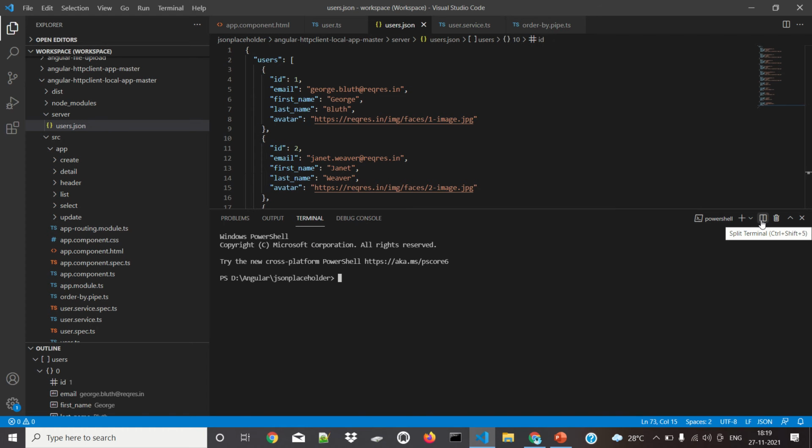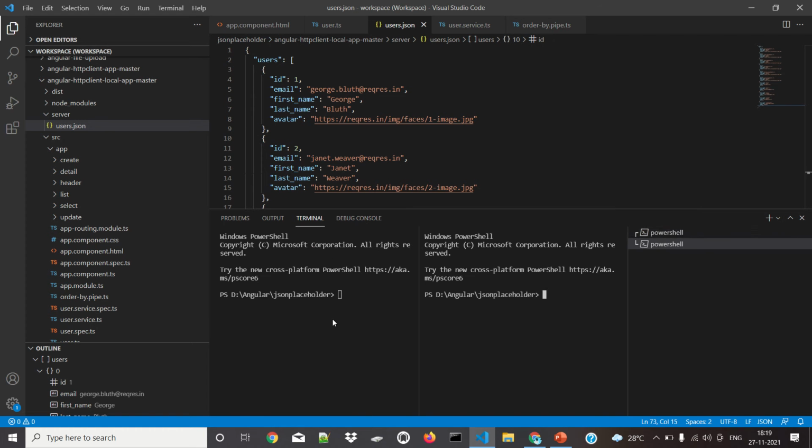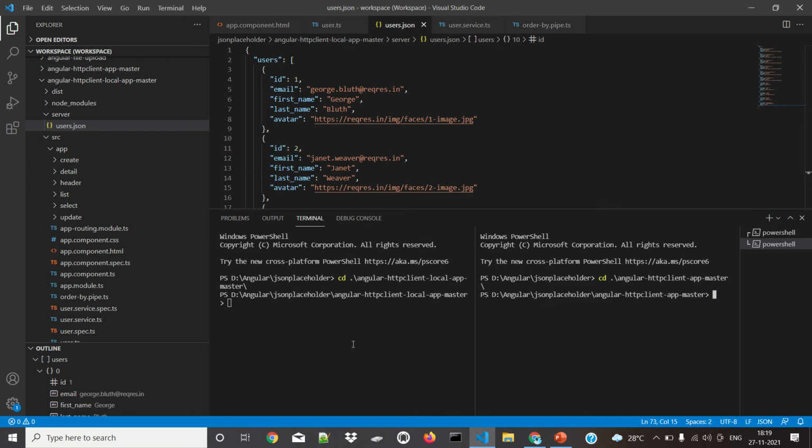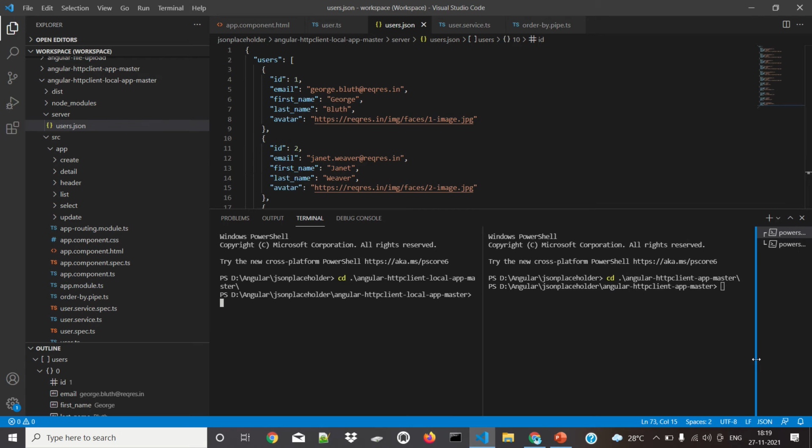First I will split the terminal into two and start this application. One window I use for the backend and one window for the front end.